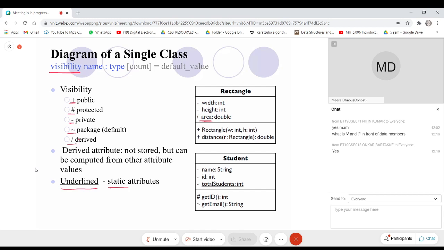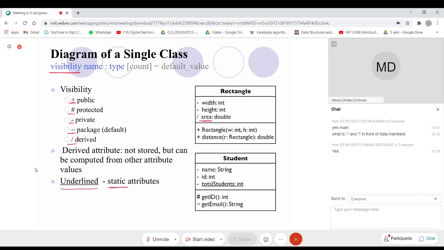Okay, coming to the methods, class operations or methods. So again, the same thing will be followed, only the argument list, the formal argument list, will be mentioned over here. And it is not necessary that you specify the formal argument name, only the type will suffice.